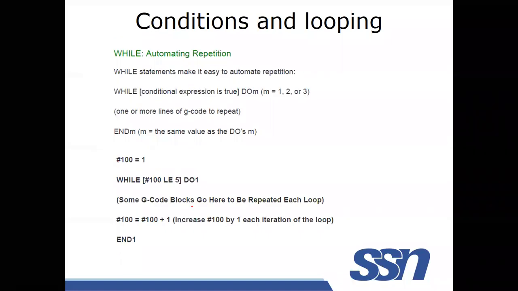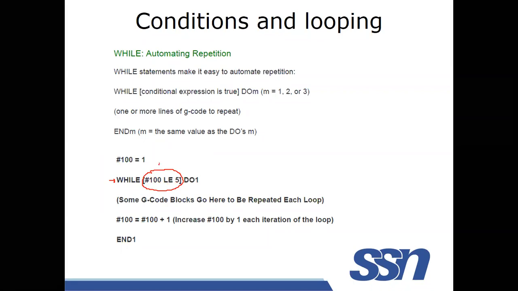Okay, this is also very popular, the while, do while function. Here, hash 1 means memory location 100, the value 1 is stored. While is a condition statement. You can check whatever condition you want, you can write. You observe this, it is written in a square bracket: hash 100 is less than or equal to 5.